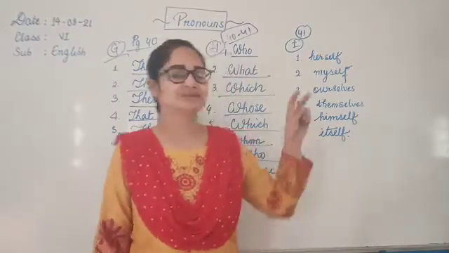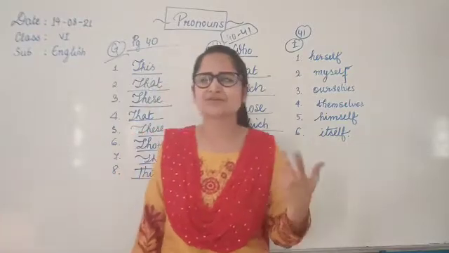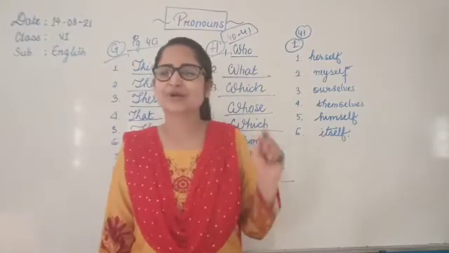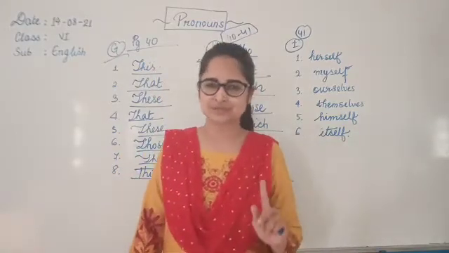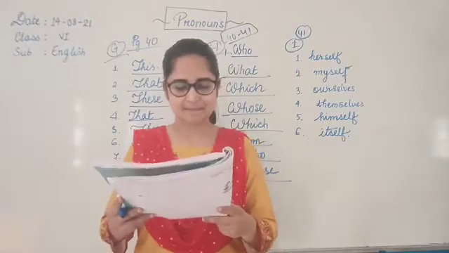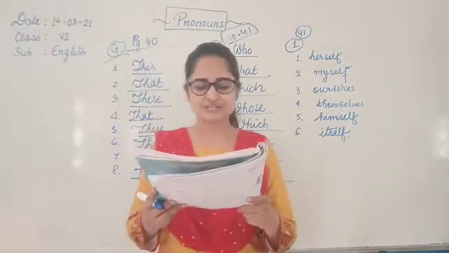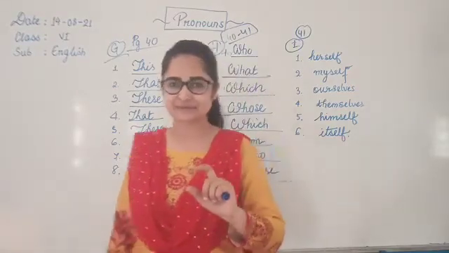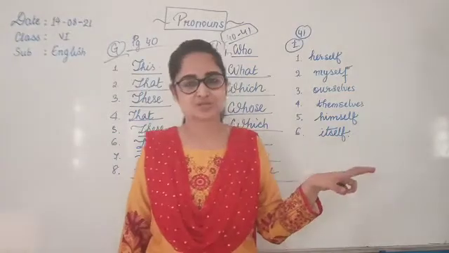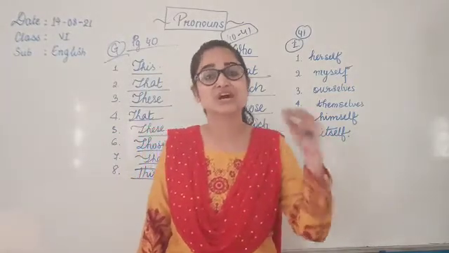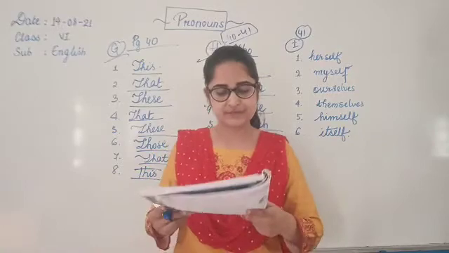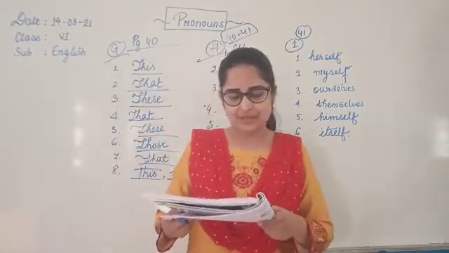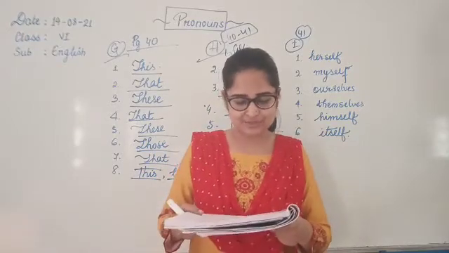We had seen that after the verb it came usually, but with emphatic pronouns we will see that they are coming right after the pronouns used in the sentence. Okay, so let's see some examples. She is the pronoun here. She herself asked me to call you. So after she, I am saying herself, right? I want to put pressure on she, and I am just emphasizing the point that she herself did. So she herself. Then you can see that soon after the pronoun we have our emphatic pronouns. After the personal pronoun we can see the emphatic pronouns.